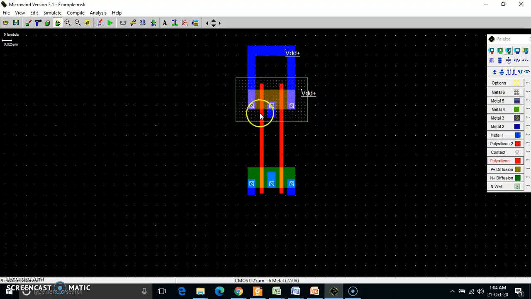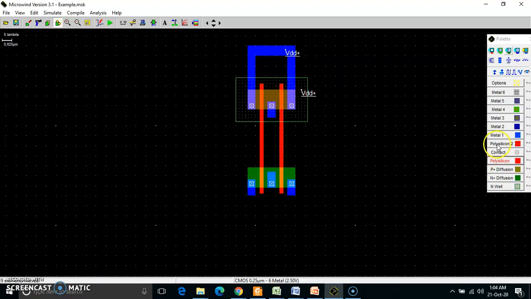Now as these are in parallel and these are in series, I need to take the output by combining these two drains with the single drain of this. So this is drain, gate, source, and drain, gate, source, because I want a series combination. Here we are considering source, gate, drain, drain, gate, source.